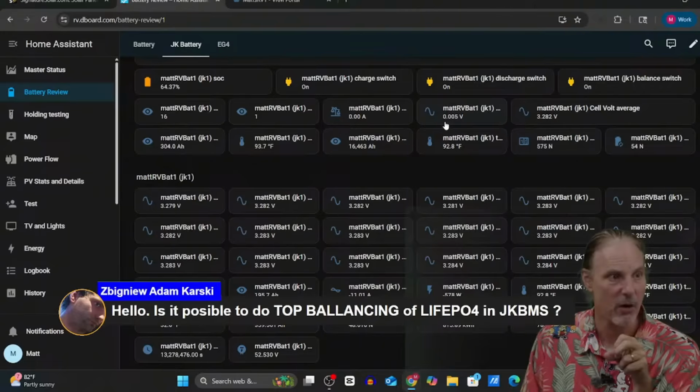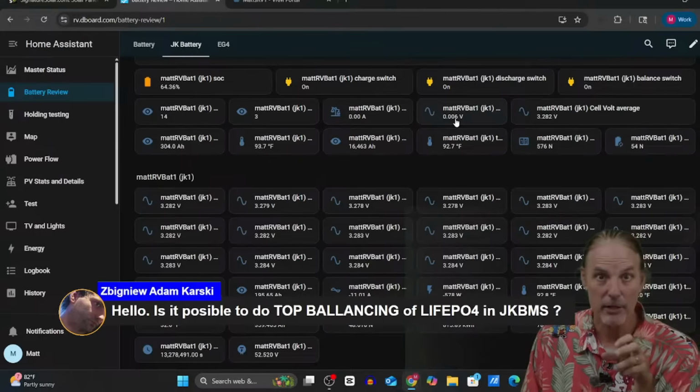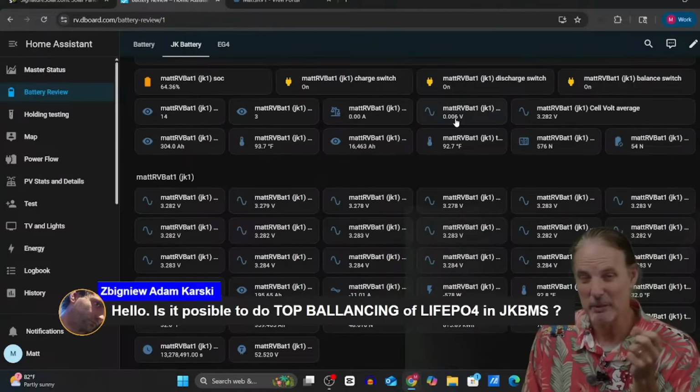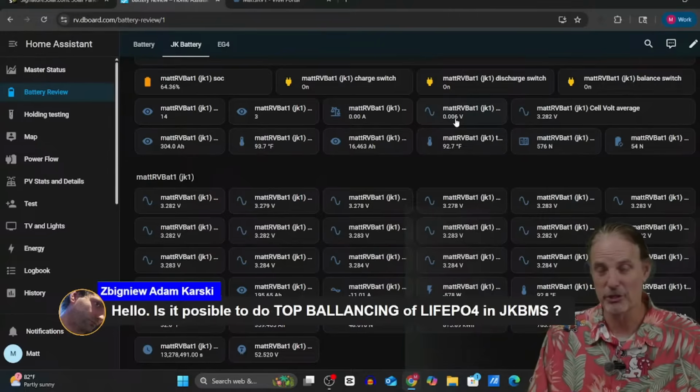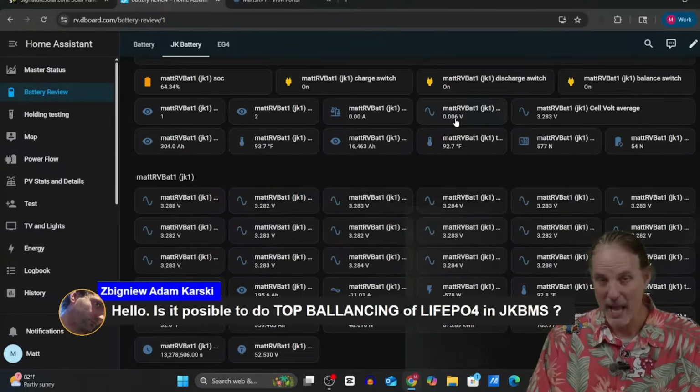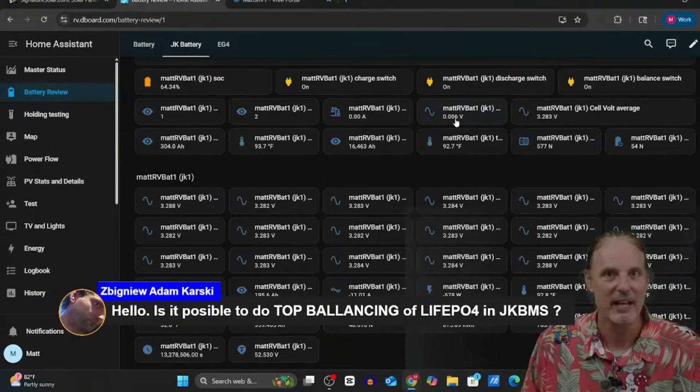As you can see now, I've got a 5 millivolt difference, but it wouldn't be enough for the balancer to kick in, because most people have theirs set to 10 millivolts, and I have mine set to 5, simply because the cells I bought were just so well balanced that I haven't really needed to let them get that far